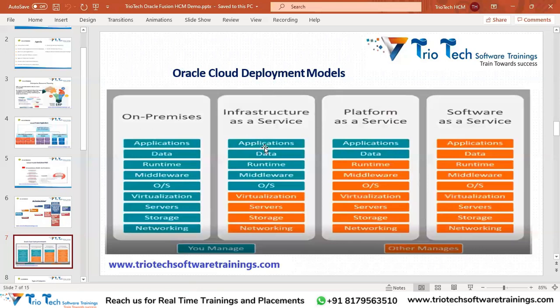In infrastructure as a service, application, data, runtime, middleware, operating system, these components you are going to maintain. You in the sense your company. Whereas virtualization, server, storage, networking, these components will be maintained by Oracle. In the on-premises model, which is the old traditional model, everything the customer used to maintain. Application, data, runtime, server, storage, networking, all these things used to be maintained by the customer buying the product